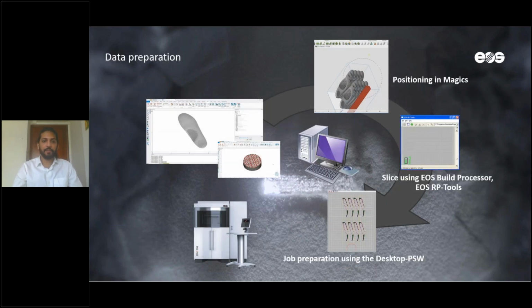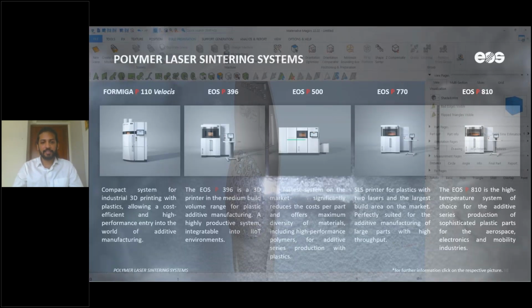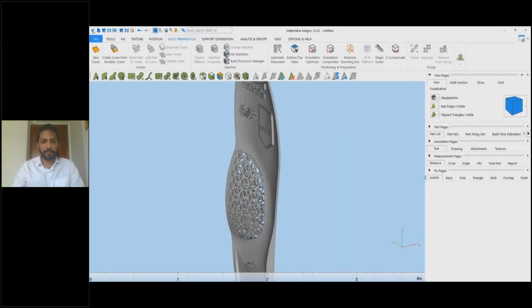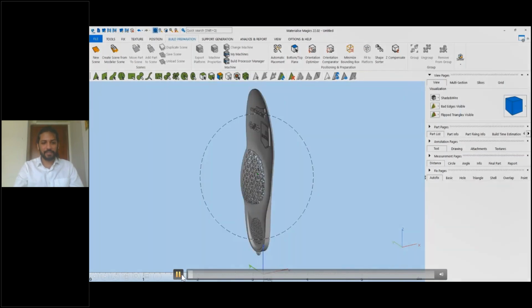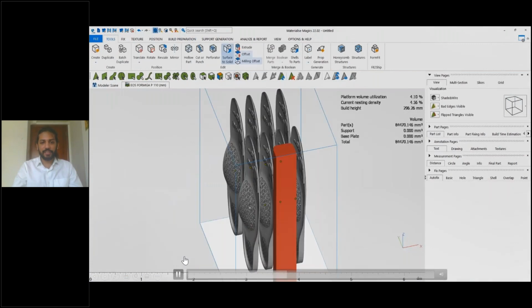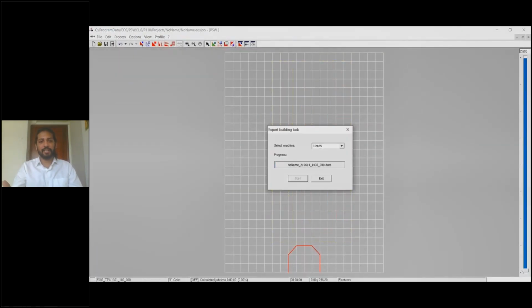Just to go a little bit more into the data preparation process, I'm going to show you in a video how, once Fanny has sent me the part, I use it to orient and position it using Materialise Magics. Oh no, sorry, the video did not start. What is 2021 without any technical issues? Just a second, let me try it. Yeah, perfect. So this shows how the part is oriented inside the build platform, and then we slice the data, and that sliced data is finally sent over to the machine,